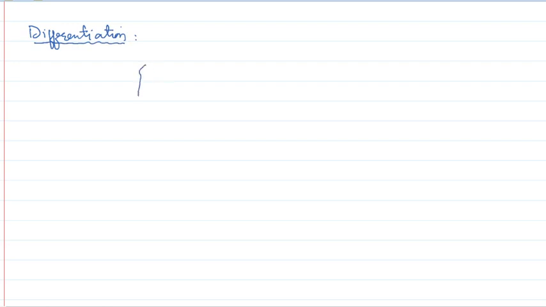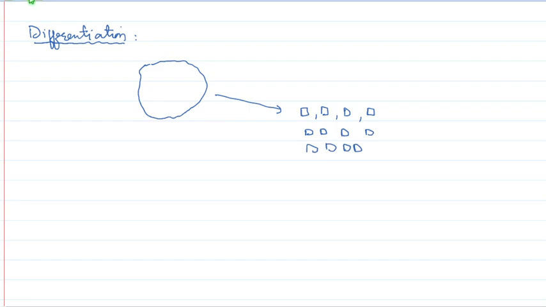Suppose you have some bulk material. Let's try to understand this picture, and we are dividing or cutting it into identical, similar pieces, like this way. So keep in mind that this will be simply called differentiation. So what is now differentiation? If you have a big quantity, you will divide it into very small but identical parts or pieces.